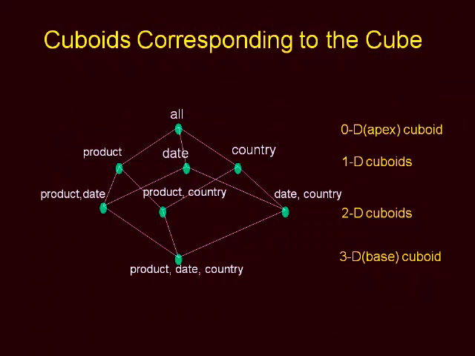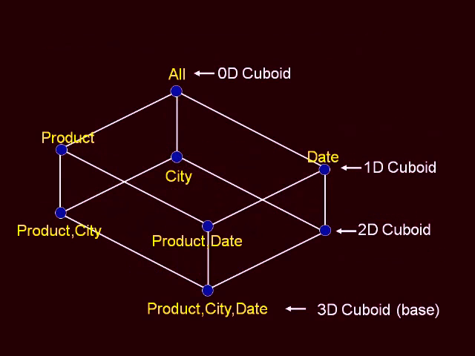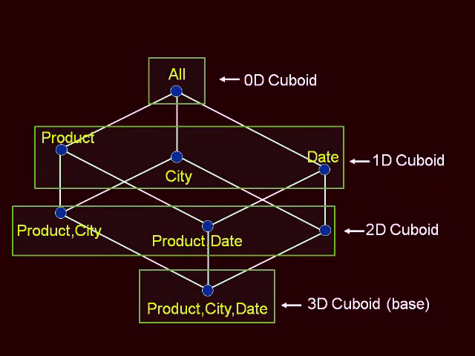The slide shows the different kinds of computations with respect to the 3 dimensions, namely product, day, country. That is to say, we have combined the computations across the combinations of these dimensions. This diagram is an integration of the different kinds of computations over the combinations of these 3 dimensions. Each combination is nothing but a particular category of cuboid. Here there are 4 different types of cuboids. The 0-dimensional cuboid is the apex cuboid, which gives the grand sales, and the base cuboid gives the sales of each product on each date for each country. Between these 2 aggregations, we have different kinds of computations.